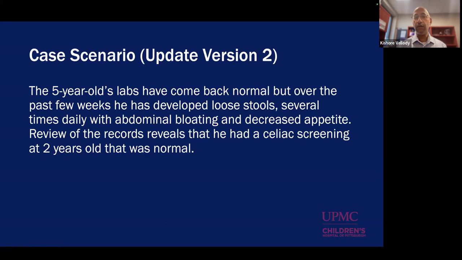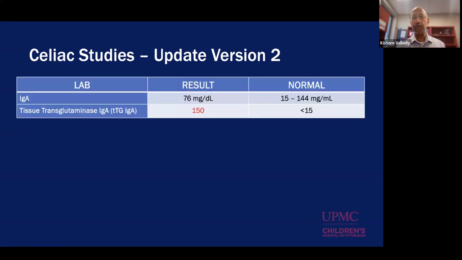So you repeat the celiac labs, and what we discover is that we get two labs as part of that celiac screening: the IgA and the TTG IgA. Now, the TTG IgA for this patient is very abnormal, and less than 15 is normal. They are very elevated to 150. So this would be very suspicious for